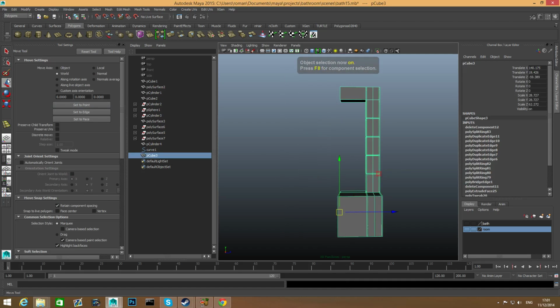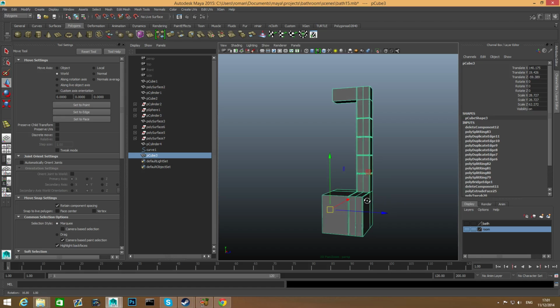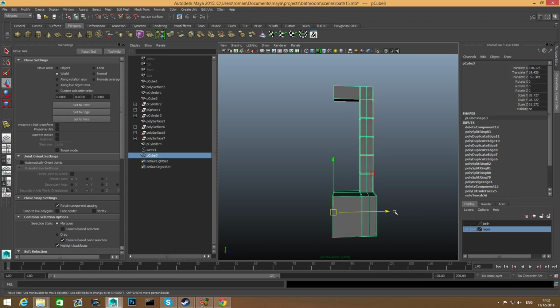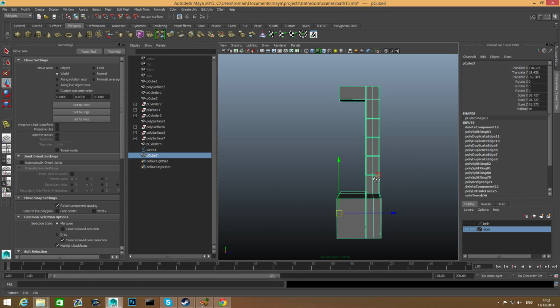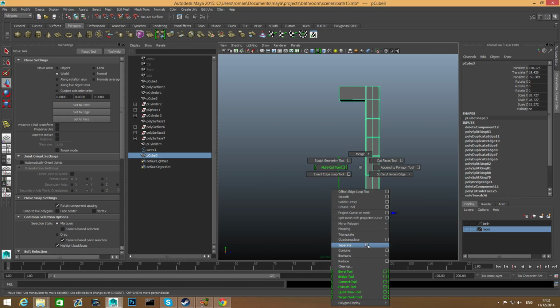Choose my move tool, okay, and now you can see that this arrow is the positive Z direction and the entire box is facing it, and we basically need the half cut. This is why we are looking at this from this perspective view. So this is the positive and this is the negative Z. We need to mirror in the negative Z, and what we will do, we will shift right click, choose mirror